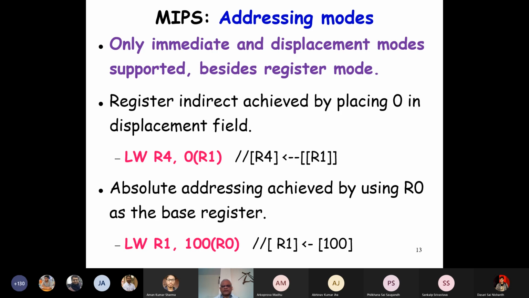We have minimized the number of addressing modes. We synthesize the absolute mode from the displacement mode by using the R0 register. This is another prominent use of the R0 register. And as I was saying, there will be hardly any program we write without using R0. We will use this very useful register very frequently, even though at first glance it appears that it is always storing 0 and we can't store a value there.